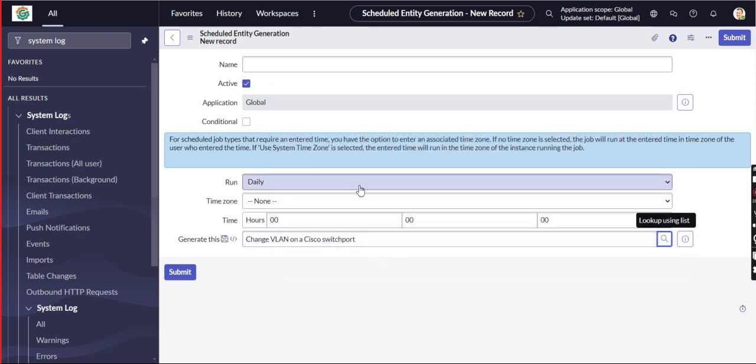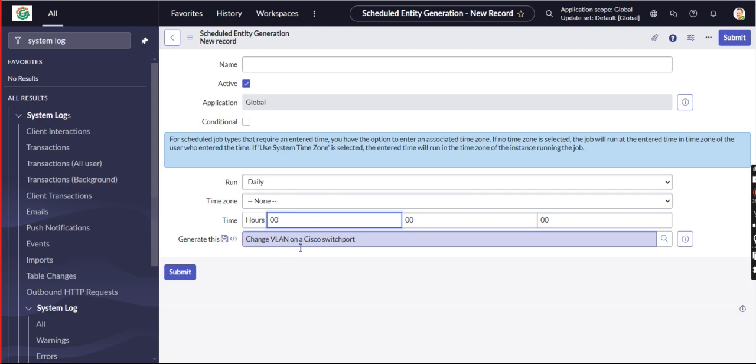Okay, so whatever the things are there, for example, let me see, change VLAN on a Cisco switch port. So this is the related thing. Let us give one small reminder at a particular time. So that is the VLAN switch port, on a Cisco switch port.